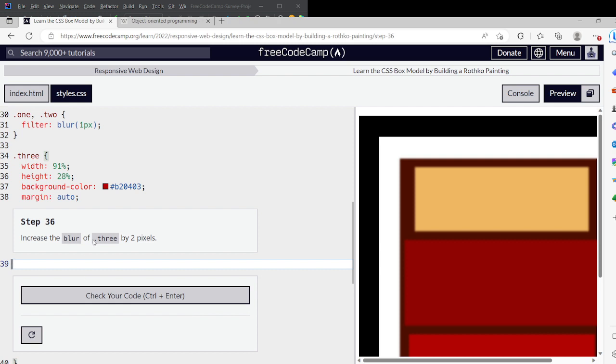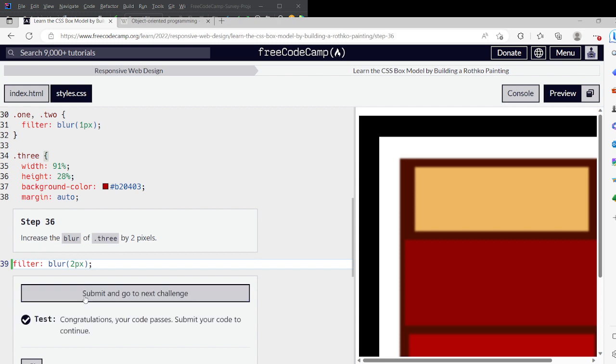Now increase the blur for 3. Alright, so now I remember the filter. I remember it's kind of a function looking thing. By 2 pixels. Alright, it works. So I think 3 is added to 2, so it's like 3 has a blur of 5 pixels, and